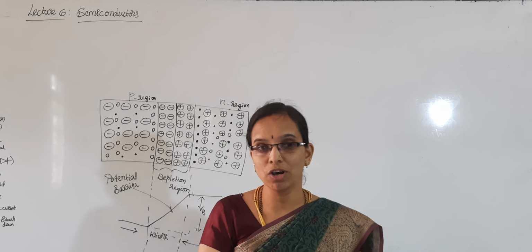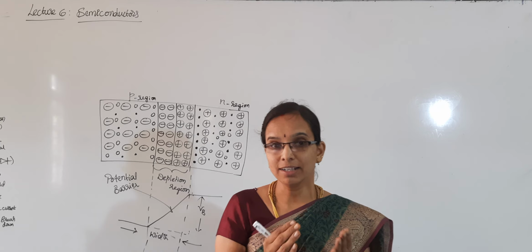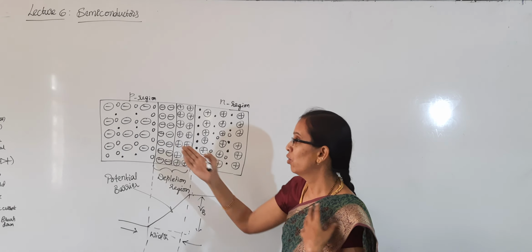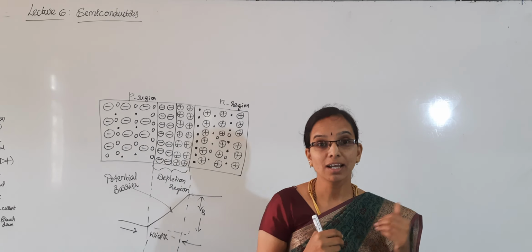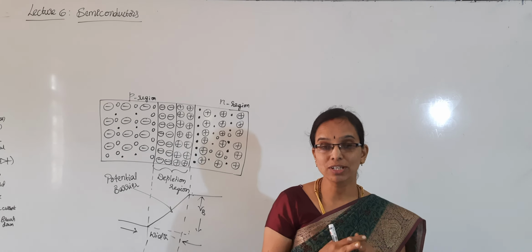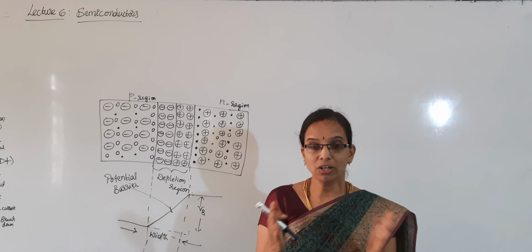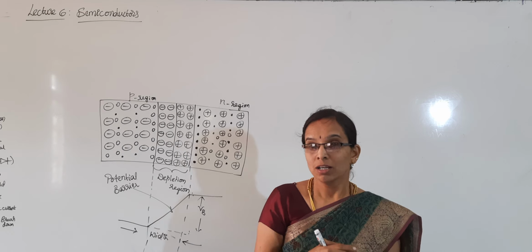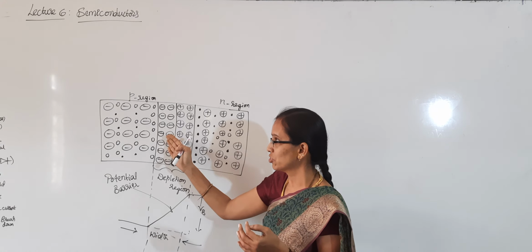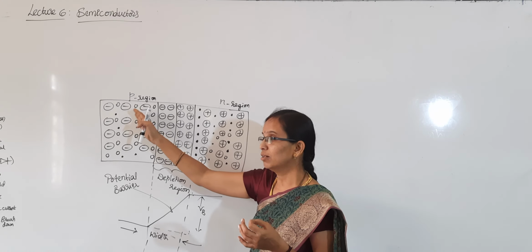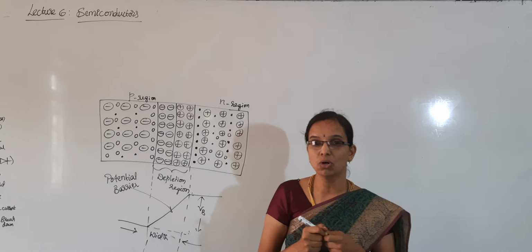Once the PN junction is formed, what happens? Due to the concentration gradient, because the P-type contains more holes and fewer electrons, that means a higher concentration of holes, whereas the N-type region contains a higher concentration of electrons. These are not evenly spaced. What happens? Electrons from the N region try to move towards the junction and holes in the P region try to move towards the junction, and they cross the junction and try to recombine.